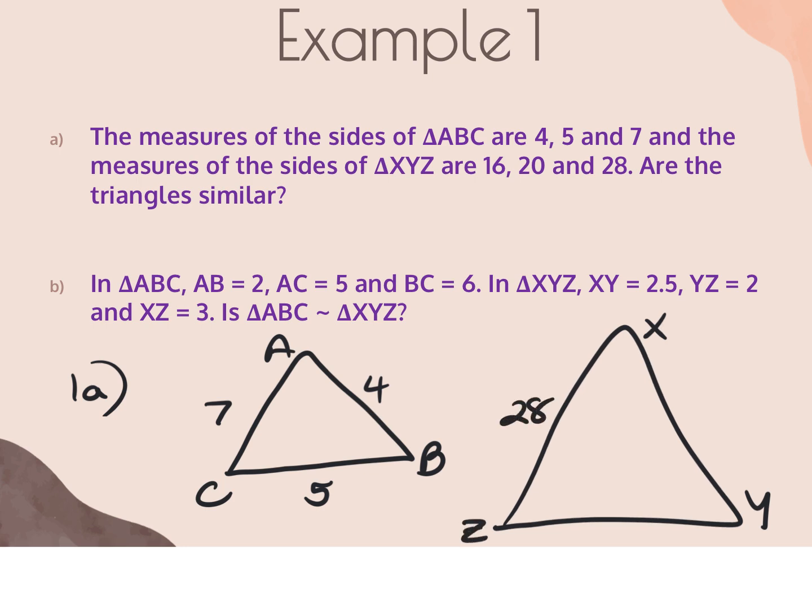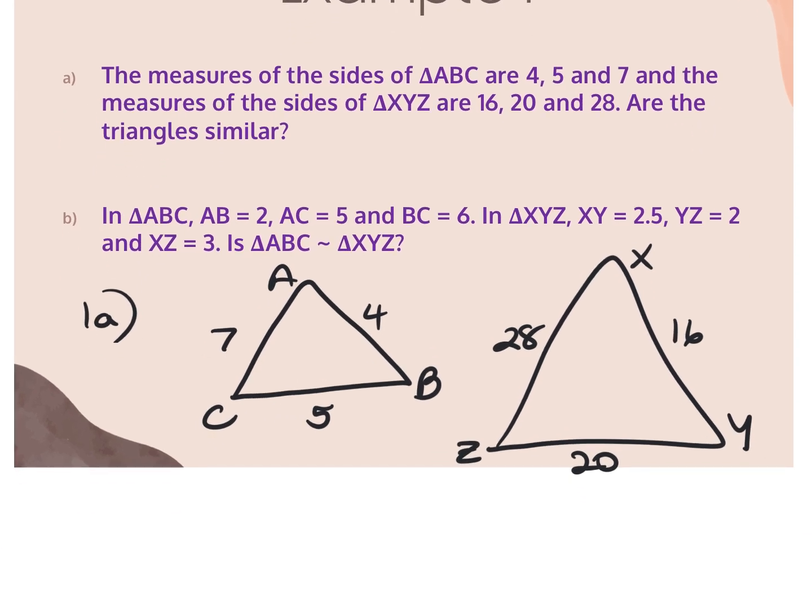This has 28 here, 16 here, and then 20. Now, they just want us to know, are these two triangles similar? They did not give me a similarity statement, so this is where I'm gonna look at how big the numbers are. So in order to figure out what matches, from the ABC triangle, I can see my smallest number here